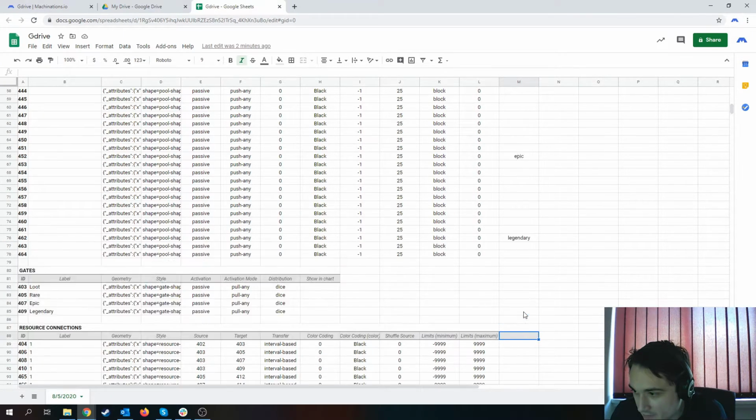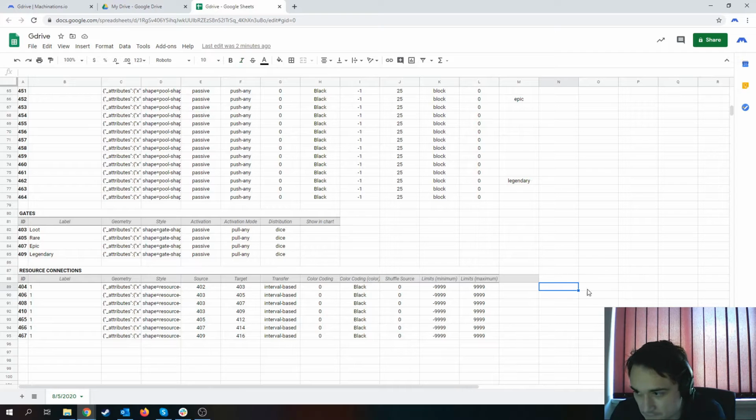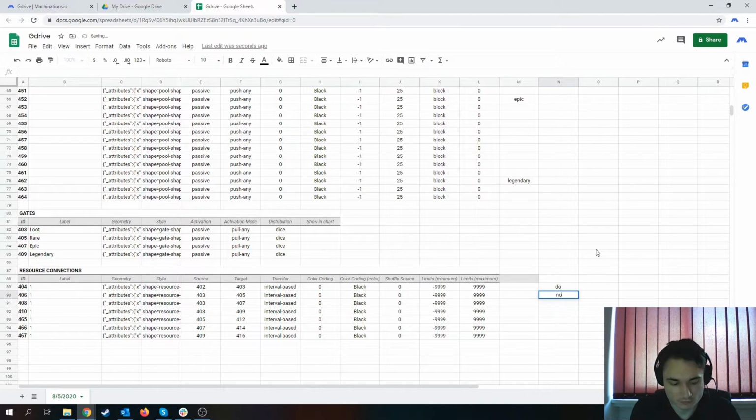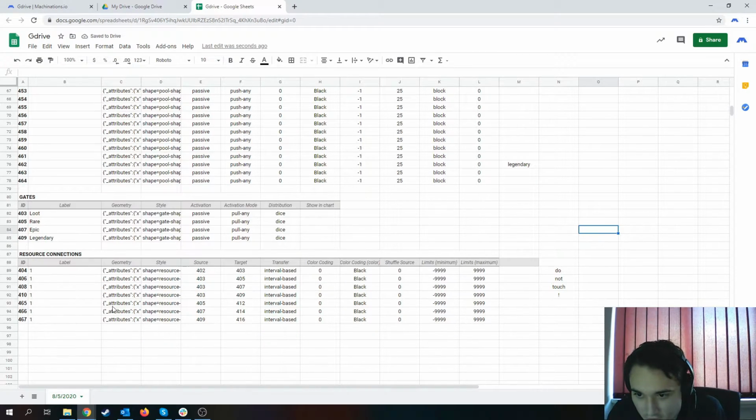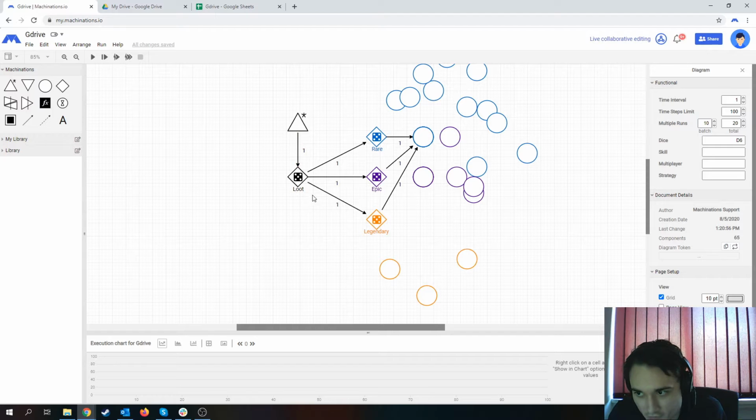Let's place some kind of delimiter on the 4 of them. Do not touch. Okay, so we know these, we don't have any business with them. We do want to modify the labels though, so I'm just gonna